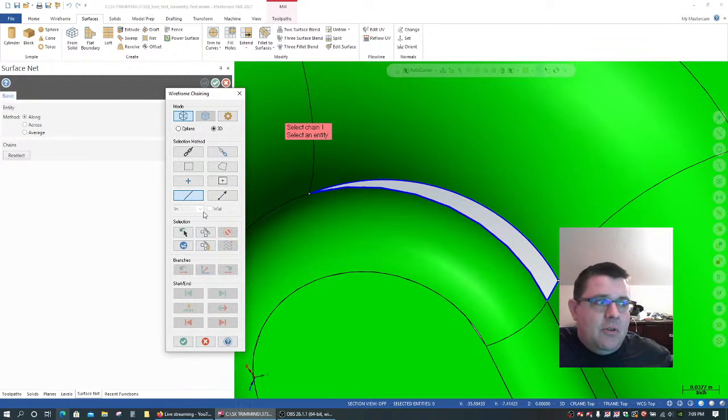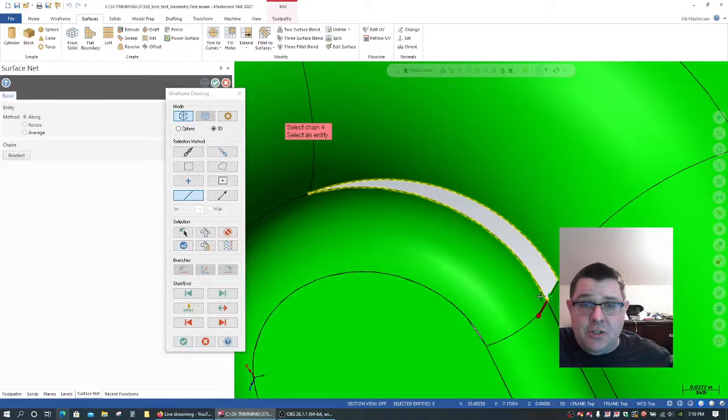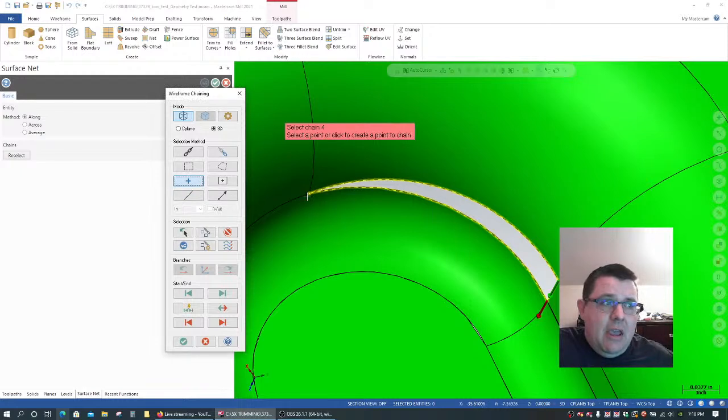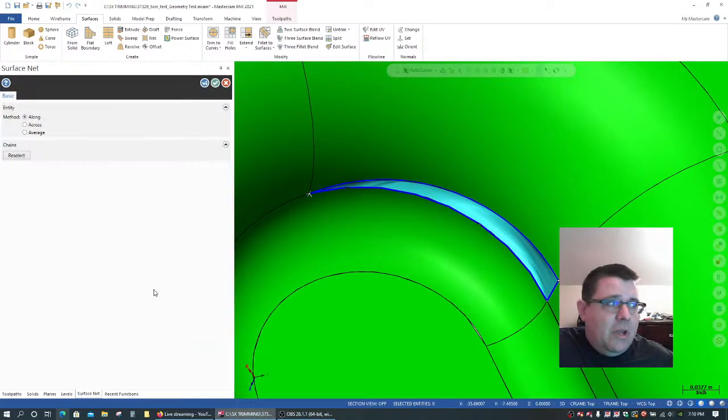So what I'm going to do is choose single, and I'm going to choose this edge here. I'm going to choose this edge here, so they're both pointing in the same direction. And I'm going to choose this edge here. That's 3 edges. For my 4th edge, I'm going to choose the option here for point. And I'm going to go choose that point as my 4th chain. And I'll say OK here,